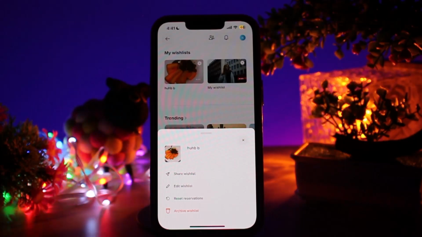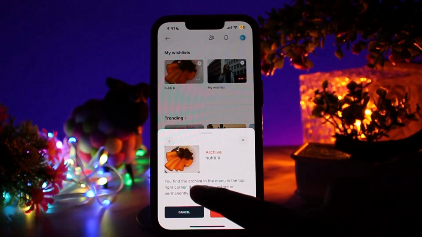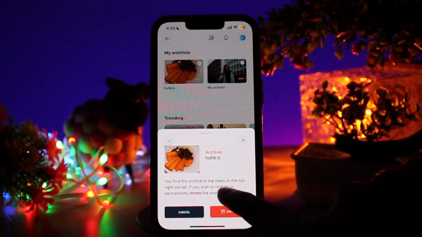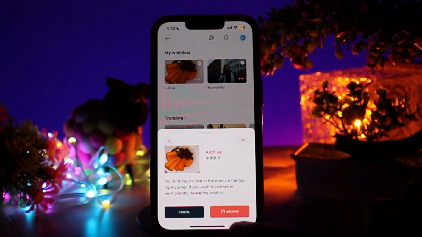There is no option to delete the wish list, but the thing which you can do is simply archive the wish list, and it says you find the archive in the menu in the top right corner, and if you wish to restore it upon when you delete your wish list, you can click on the option of archive. So after archiving the wish list,